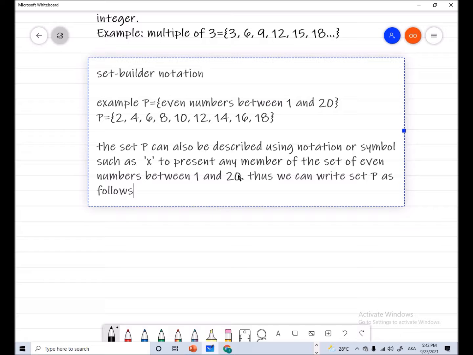We are rewriting set P, instead of P equals even numbers between 1 and 20, using the set builder notation. So we are presenting the members, the elements of P, as X. It says that set P equals